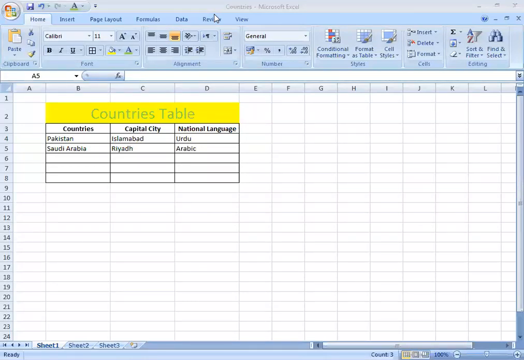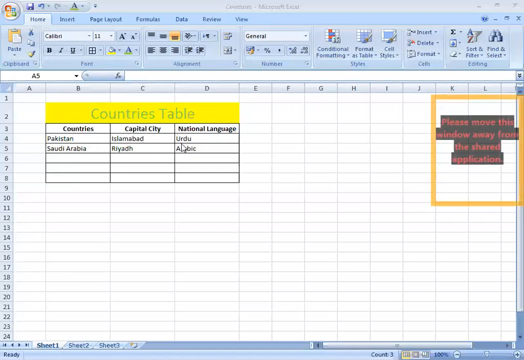Ahmed Shahid: Sir, is this work that we have to do in the book or on the PC? Definitely on your PC or laptop, whatever you have, because you have to make this in an Excel sheet, right? You have to make a country table as I gave in the assignment. You have to make a country table, and you have to fill in the data, right? Like the data I've given, I filled in for two countries: Pakistan, capital city Islamabad, national language Urdu; Saudi Arabia, Ukraine.